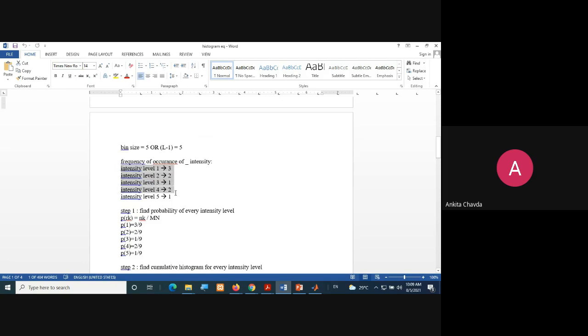So please write it down very quickly, because after that we need to see the program also, right? This is just the steps we are following in the program.